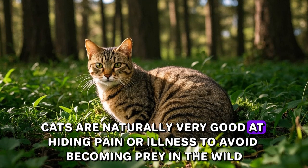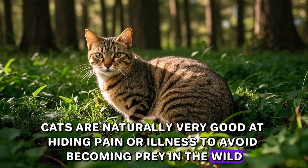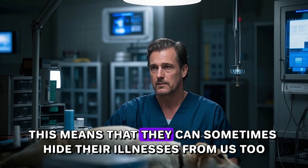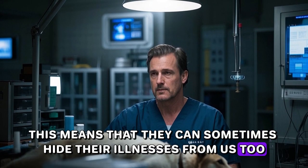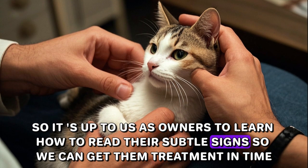Cats are naturally very good at hiding pain or illness to avoid becoming prey in the wild. And unfortunately, this means that they can sometimes hide their illnesses from us too. So it's up to us as owners to learn how to read their subtle signs so we can get them